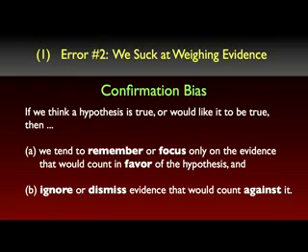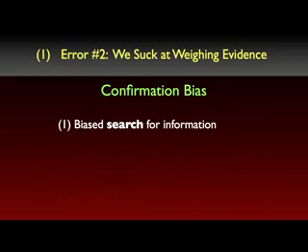And there's a huge psychological literature on this. Actually, confirmation bias can refer to a cluster of related phenomena. You can have biased search for information. This is where people test hypotheses in a one-sided way, by only searching for evidence that's consistent with the hypothesis that they happen to hold. They ask, what would you expect to see if this hypothesis was true? And look for evidence to support this prediction, rather than ask, what would you expect to see if this hypothesis was false? And look for evidence that would falsify the hypothesis.